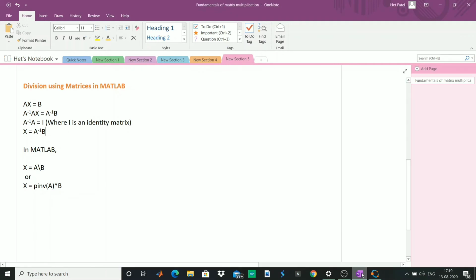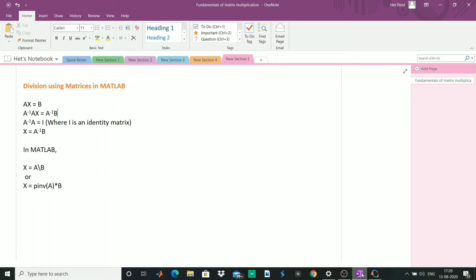You'll have an equation of the form AX equal to B. So what is AX equal to B? A would be a matrix that is known, and B would also be a known matrix, and X would be something that you need to find. In a basic equation, you would have 2x equal to 6, and you know that x equals 3. It's the same kind of thing, but where the number before x is a matrix and the number after the equal sign is a matrix. So you'll be pre-multiplying both sides of the equation by A inverse.